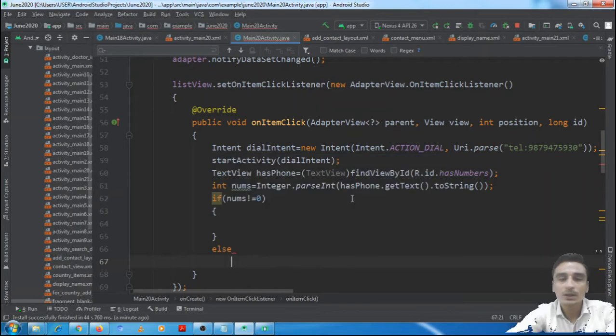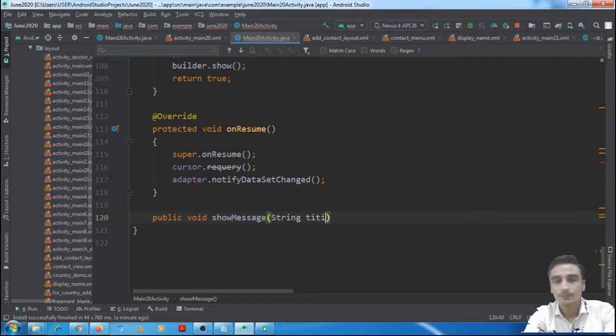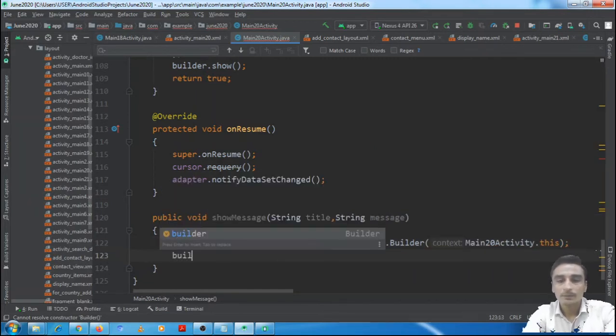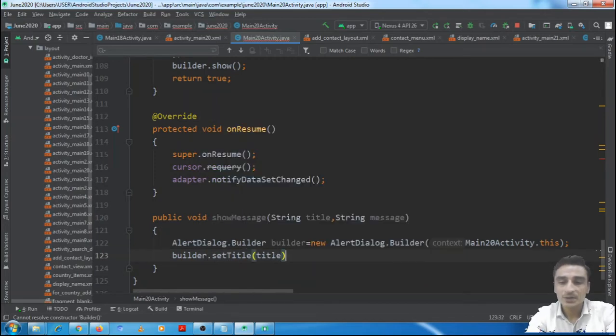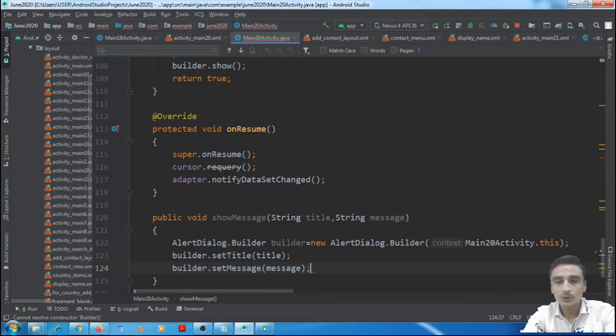Show message. Here the method show message is not defined. We will build an alert dialog builder, main activity dot this, then builder dot set title which is passed as argument, builder dot set message, the message which is passed as argument.